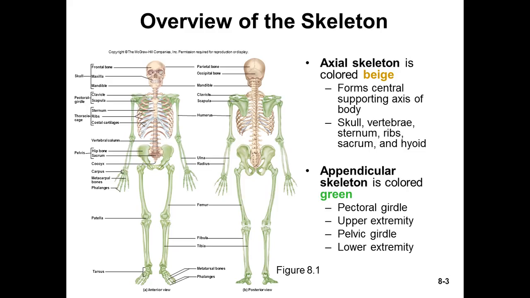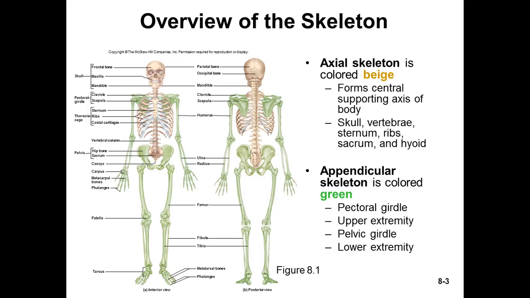If you look at your lower extremities, of course, you have your femur. We know it's the weight-bearing bone of the body. It's the longest bone in the body. Your tibia and your fibula, as well, your metatarsal bones, your phalanges, and of course your tarsal bones make up